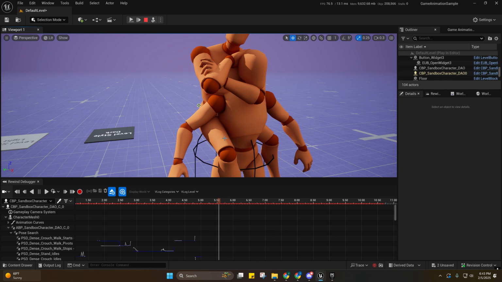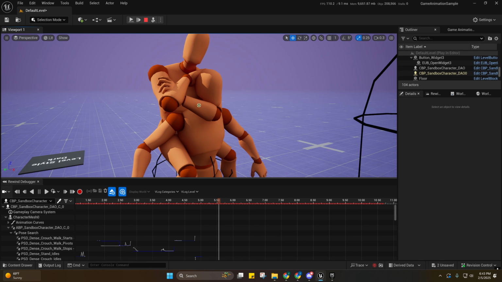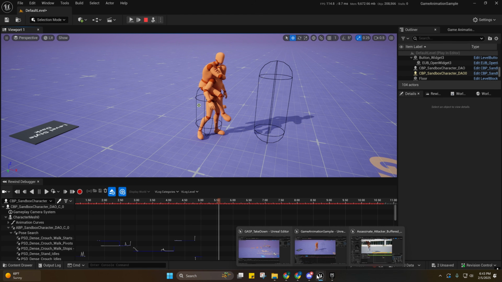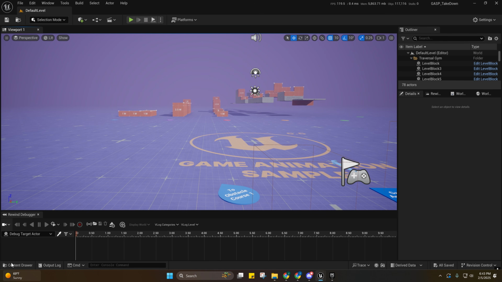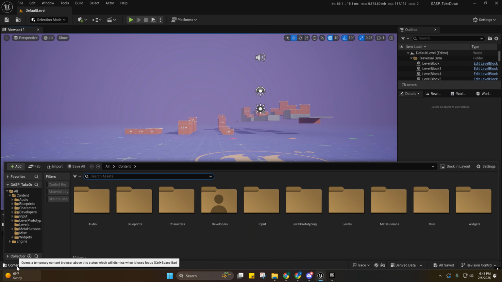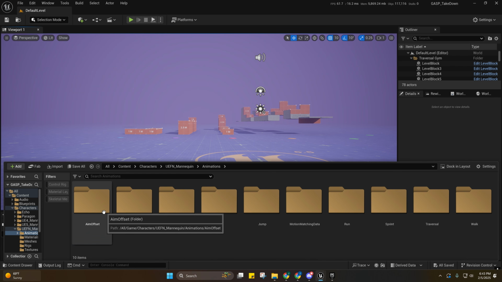But anyway, let's just go ahead and get started. So I've already exported these animations right here, the flat ones with the flat root. So I'm going to go ahead and show you guys how to set that up, because it's going to be the easiest one to pull off. And I'm going to show you how to do that in a blank Gasp project. Now, I have not rehearsed this,